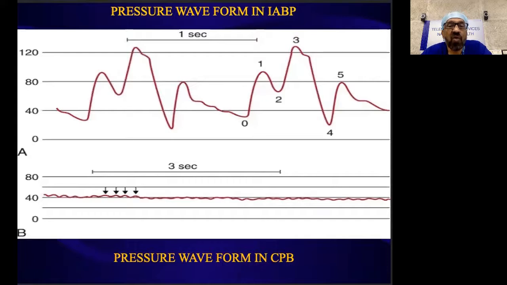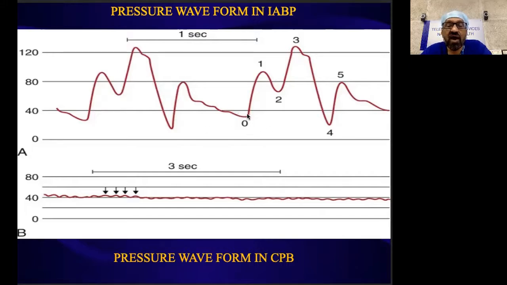In patients who are on an IABP, this pressure waveform is shown. There are 4 cardiac cycles: 1, 2, 3, and 4. And this is the diastolic augmentation occurring as a result of intra-aortic balloon counterpulsation. In this left ventricular assist device, the balloon is placed in the descending thoracic aorta distal to the left subclavian artery, and the balloon is inflated during the diastolic period. And here what we are seeing is a 1:2 ratio of the heart rate and diastolic augmentation.